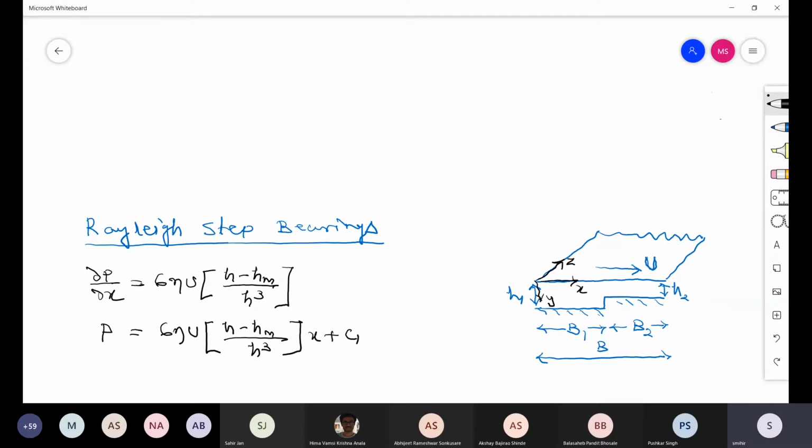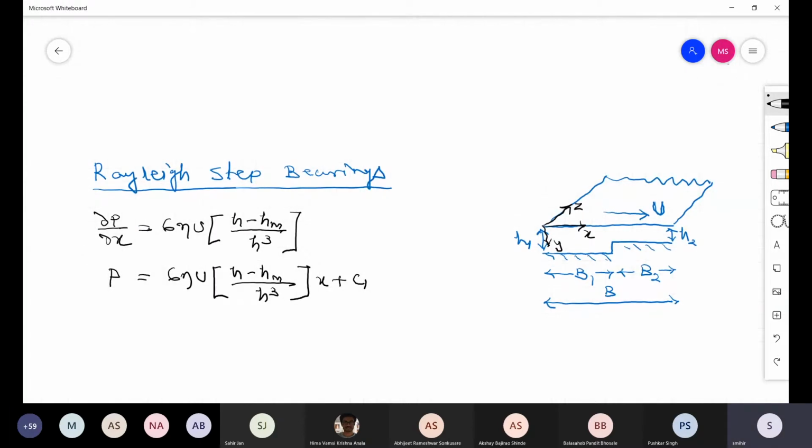Okay, so coming back here, now here we got a constant C1 in this equation, so we need to use boundary conditions. Now you solve this problem in two parts. Take the coordinate system for region 1 from the left side. For the right side, also take the coordinate system from the right.